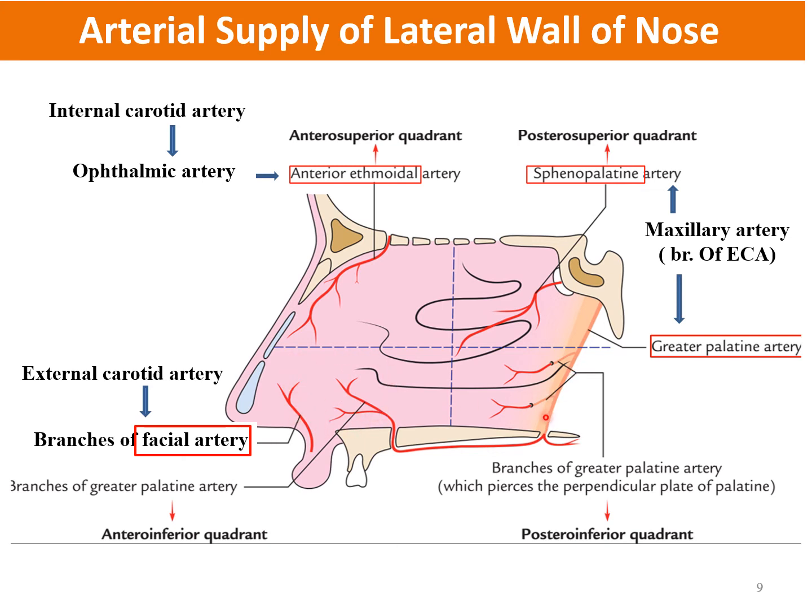So for the greater palatine artery, you can just remember that the structure that lies along the inferior part of the nasal cavity, or along the floor, is the palate. So that's why both the inferior quadrants, anterior as well as posterior inferior, will get the arterial supply from an artery which has the word palatine in it, and that artery is the greater palatine artery.